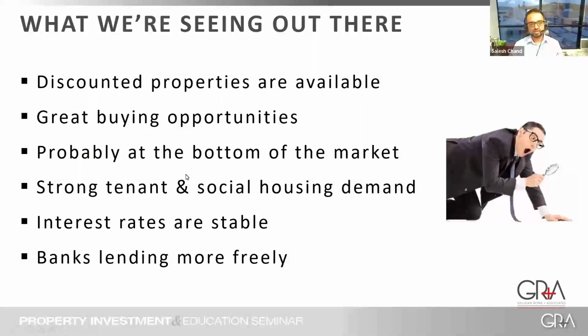What are some of the things we're seeing out there in the market? We're seeing discounted properties available. They're not easy to get. You've got to have the right agent on your side, and you've got to negotiate well. Sometimes it means a month of negotiating, but you can get properties discounted. Sometimes I say to my clients or buyers, don't be too hard. If you're getting a good deal, what's 30 or 40 grand? You can recover that money well if you're buying the properties at the right price now.